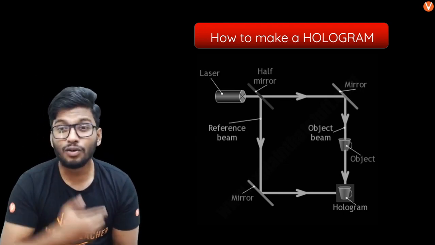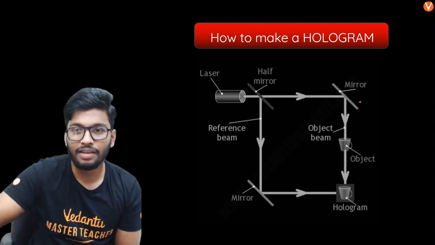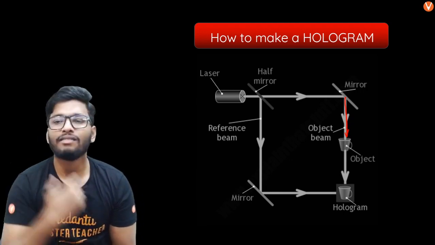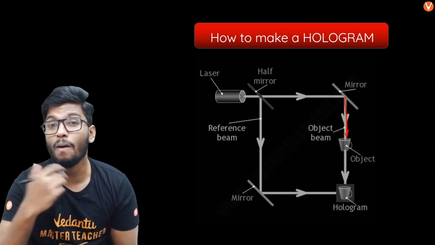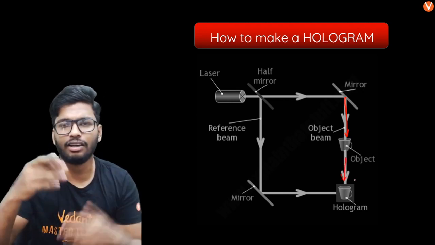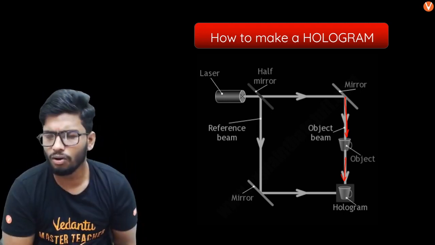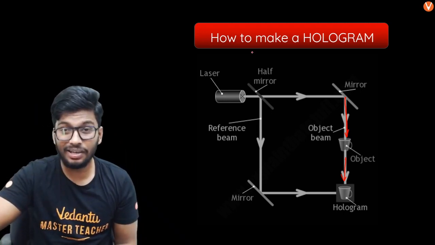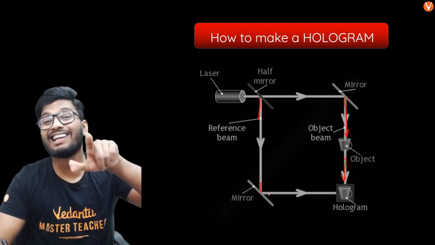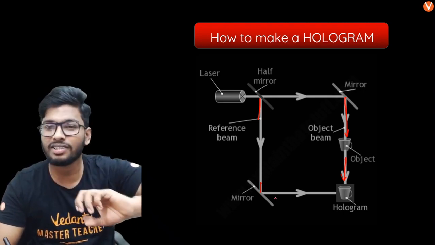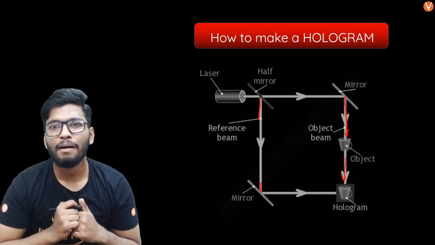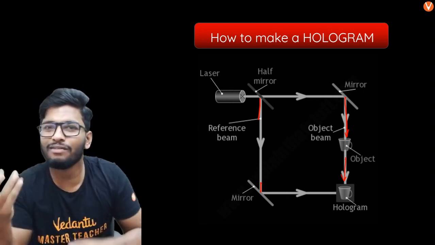The ray of light that got refracted will go and fall on the object. This will follow the object, which is why it's called the object ray or the object beam. This will create an image on this photographic plate, which is what is called the hologram. You have another ray of light that got reflected from this half mirror and again got reflected from this mirror. This is called the reference beam. Now, why is it called a reference beam? Guys, this object beam will form the image, right? But just forming that image will not give you that 3D effect.